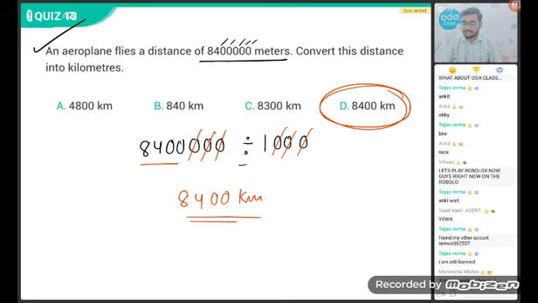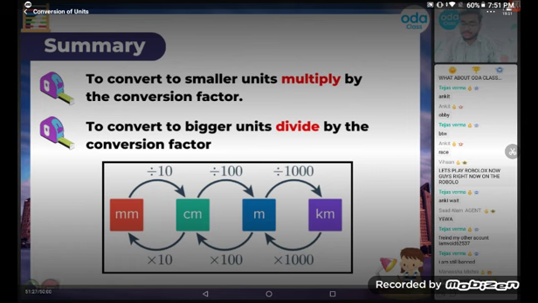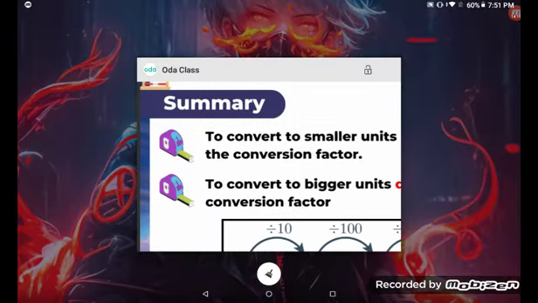So students, what we have learned in today's class, we have learned about the conversions of units. To convert smaller units to